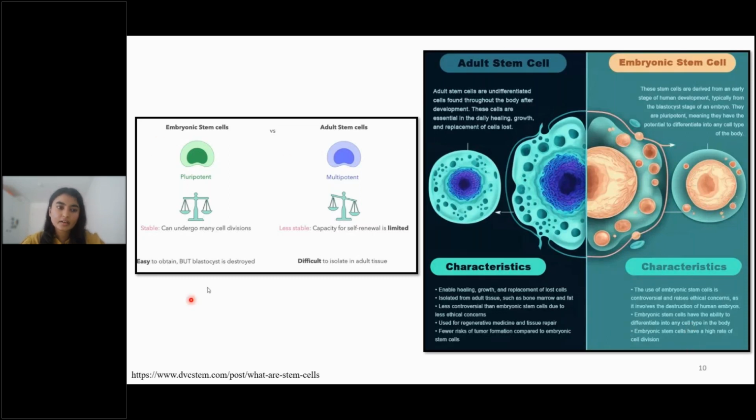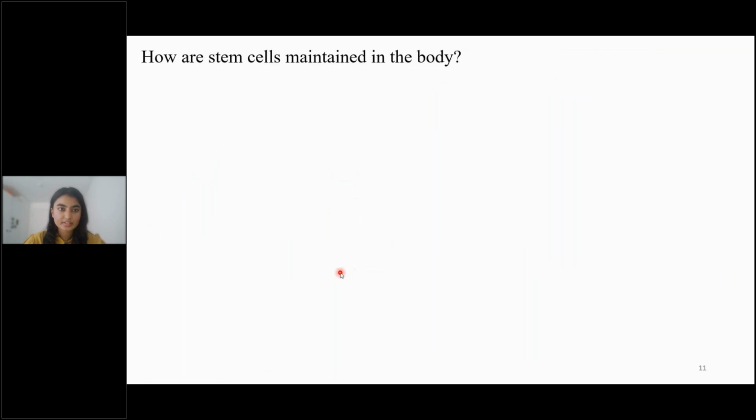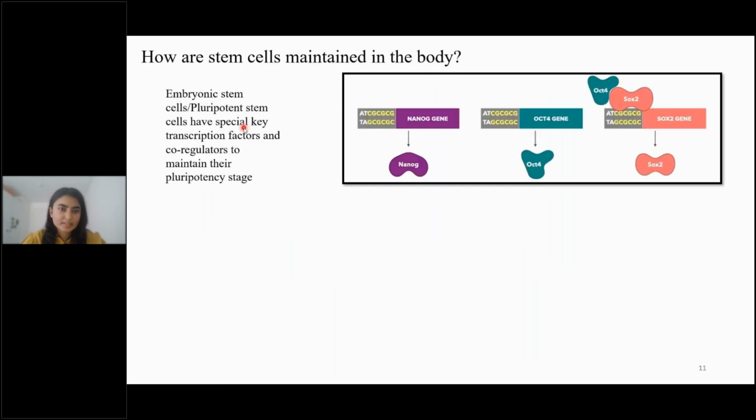The ESCs, basically the pluripotent cells, undergo many cell divisions. They are easy to obtain, but the blastocyst is destroyed in the process. When we need to get out the inner cell mass cells, the blastocyst gets destroyed. And the adult stem cells are less stable, so the capacity for self renewal is limited. They are also difficult to isolate from the adult tissue, because we are going to work on bone marrow, so it's really difficult to get the stem cells out. Then how are the stem cells maintained in the body? The embryonic stem cells, or the pluripotent cells, have special transcription factors and co-regulators which maintain the